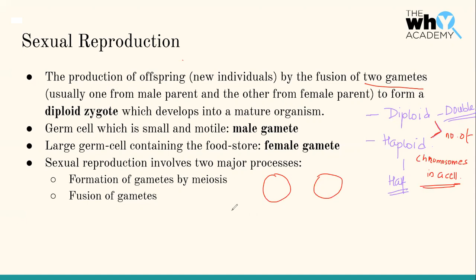One more thing you need to know is what is diploid and haploid and where they are formed. So this is diploid, let's say, and this is haploid. All gametes are haploid, all gamete cells, whereas diploid is all other cells: body cells, zygote, everything else. Haploid refers to 32 chromosomes,